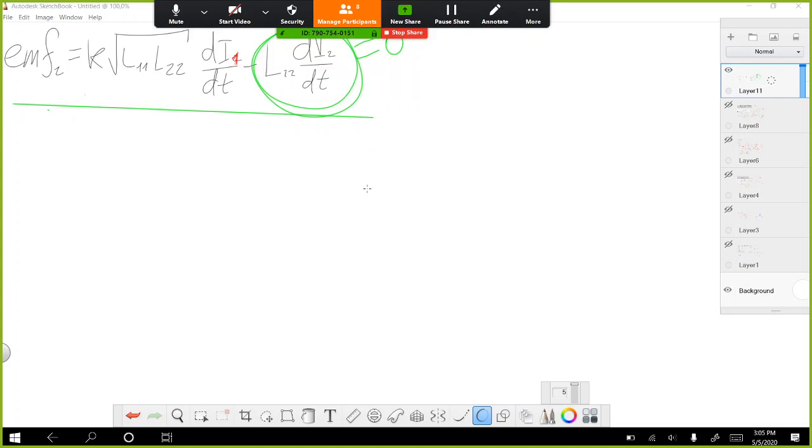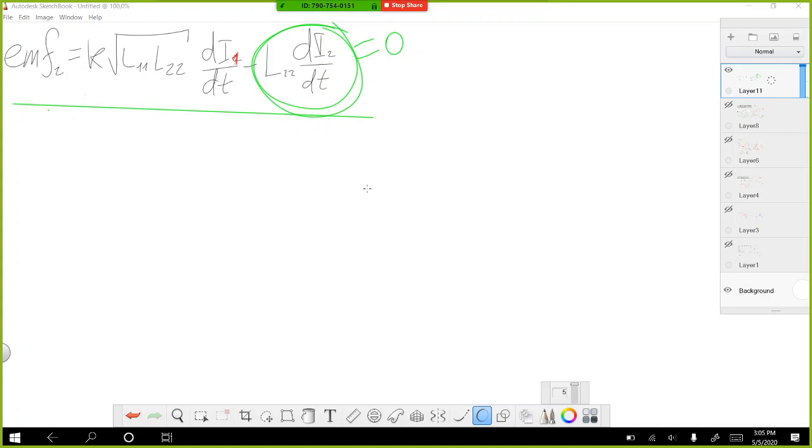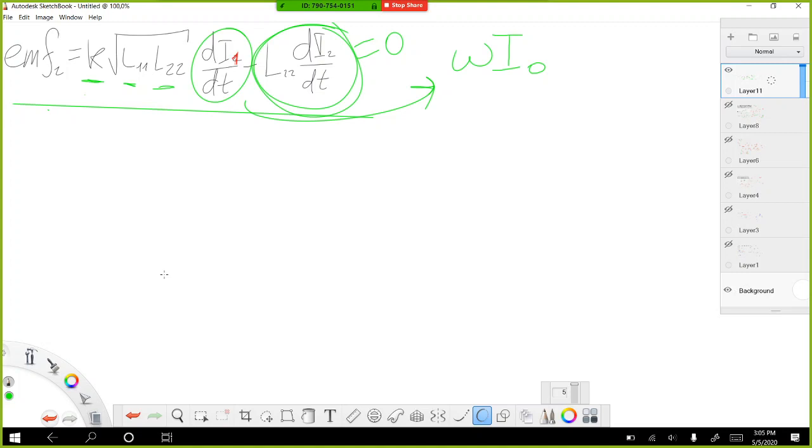Okay, electromotive force 2 equals K, which is given, times the square root of L1 L2, which are also given, the self-inductance of the first coil and the self-inductance of the second coil, times the derivative of I1 with respect to time. We have also computed this derivative, which was equal to omega I0 cosine omega t. Now the electromotive force 2 is simply